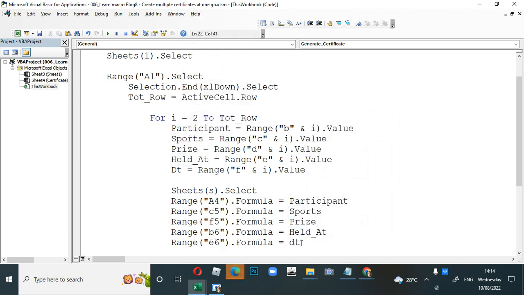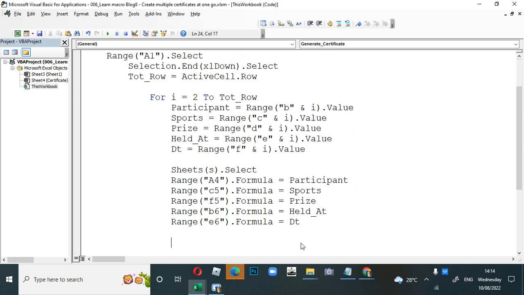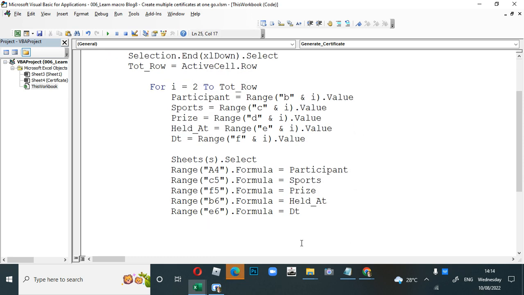Okay. So once this updates, what we'll do, we'll copy the entire certificate from A1 to